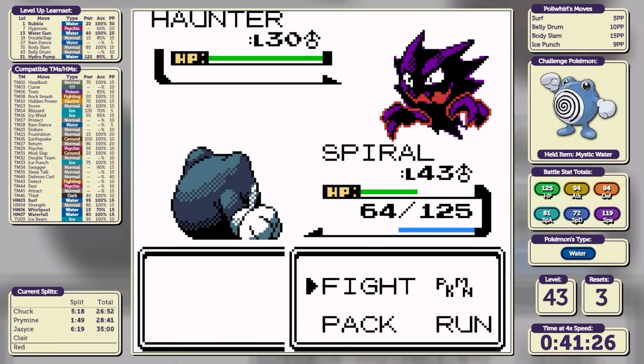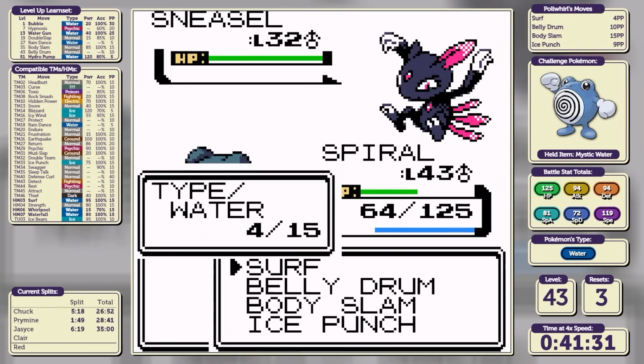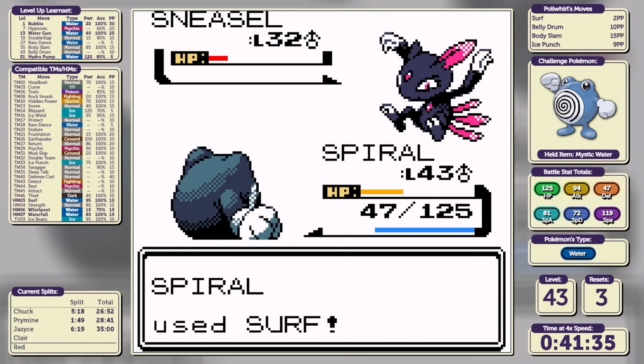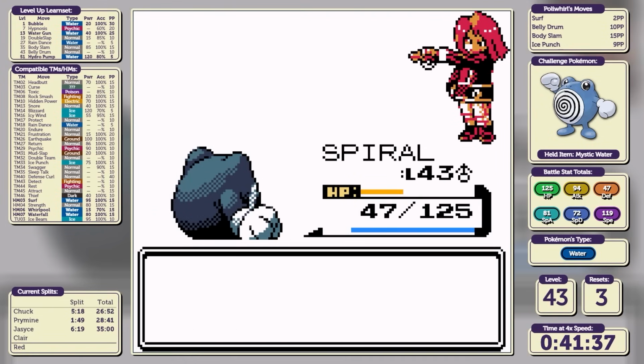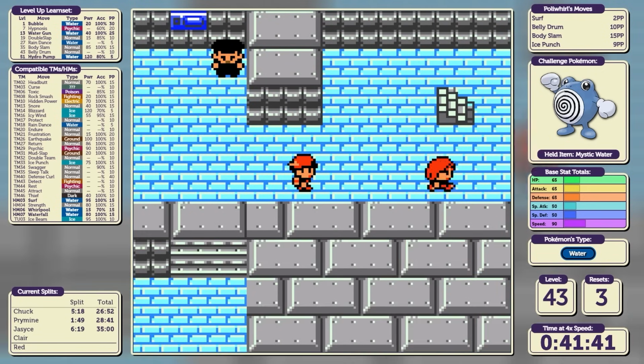We'll get through Meganium, we are on to Haunter next. Surf takes care of it in one shot. Sneasel's the last Pokemon, we might as well continue surfing. He uses Screech, but it's all over for him now. We defeat him in a time of 41 minutes and 39 seconds, and we can move on to our final